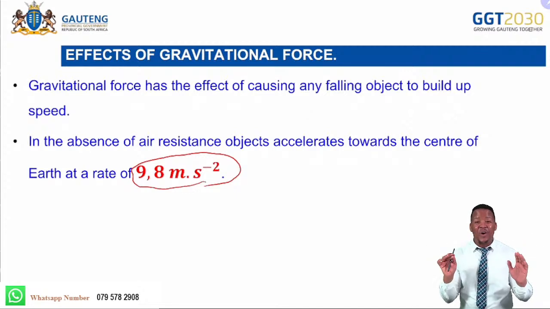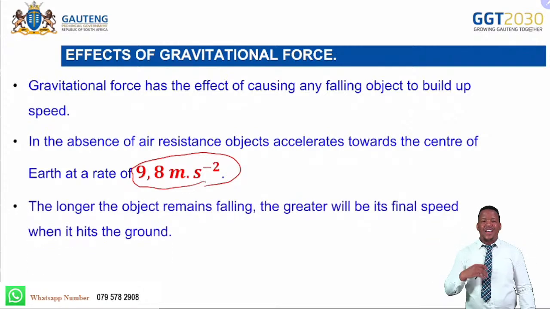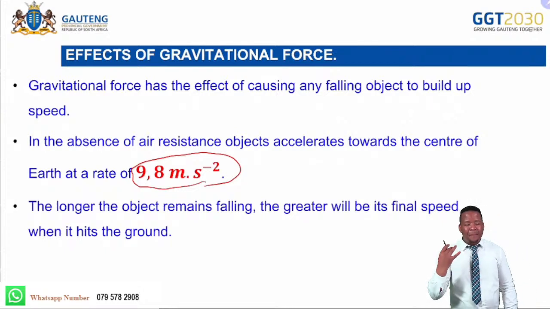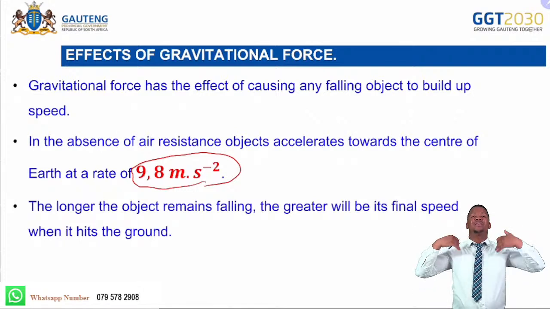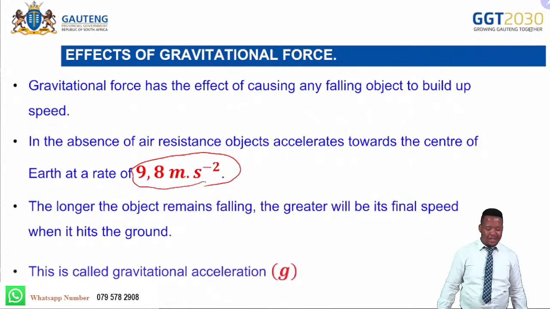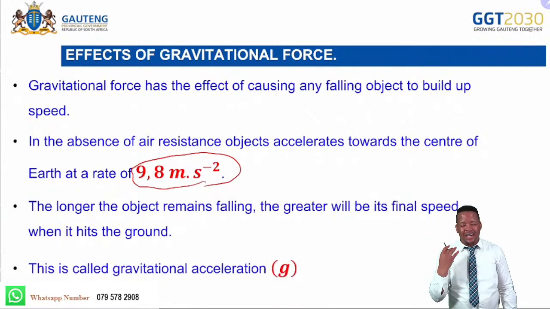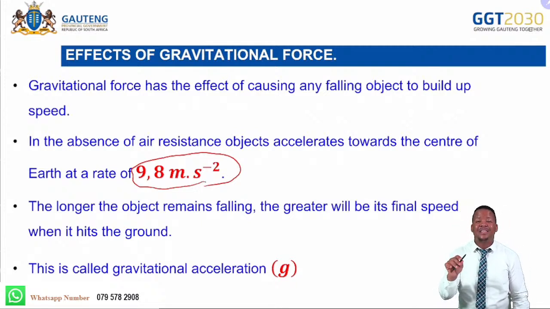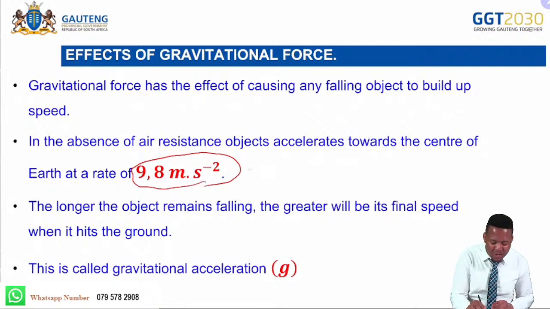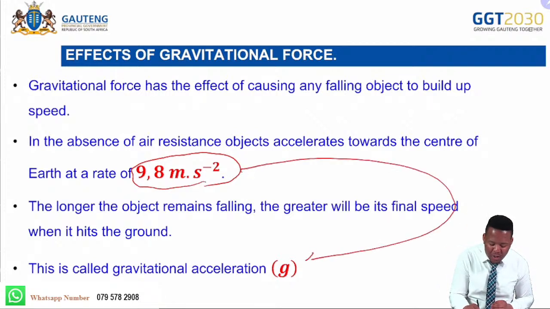Don't change it on Earth. The longer the object remains falling, the greater will be its final speed when it hits the ground. This is called gravitational acceleration, which is represented by the small letter g. So you will see how we're going to use our constant value when we are doing the